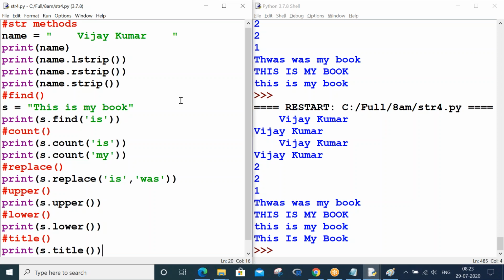Just to take the output, I will give one minute and then we can proceed. It is not possible to replace the second is with some other word, because at the start it will hit the first is.